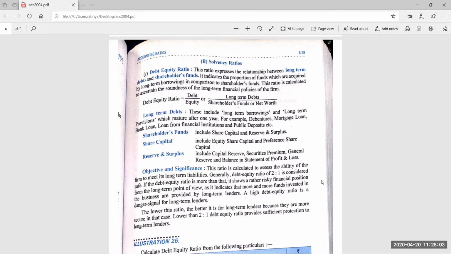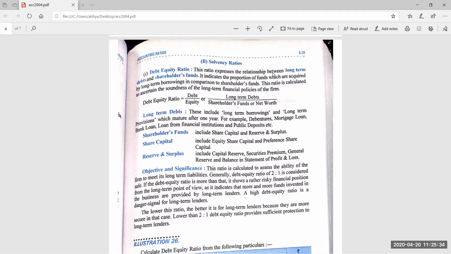So today we'll do only one topic, that is the debt equity ratio. Write down the formula. Debt equity ratio expresses the relationship between the long term debt and equity. I told you that debt means only the non-current liabilities. It means only the long-term debt. And total debt means non-current liability plus current liability. And here we are talking about only the debt, not the total debt. So debt means only the non-current liability.